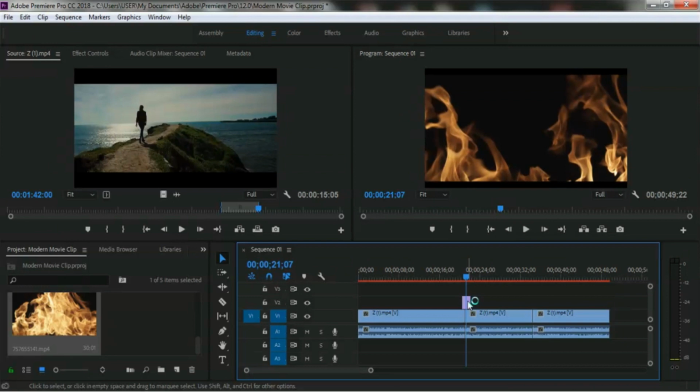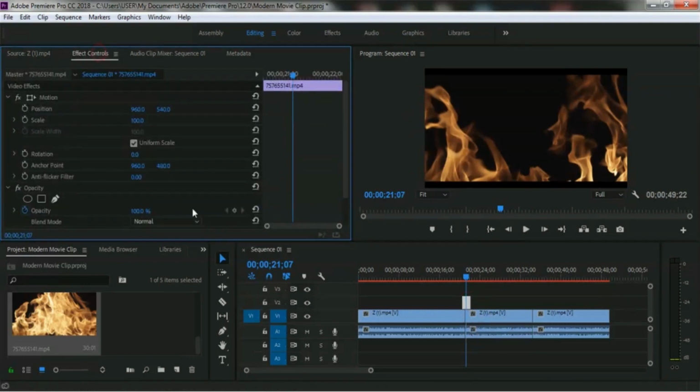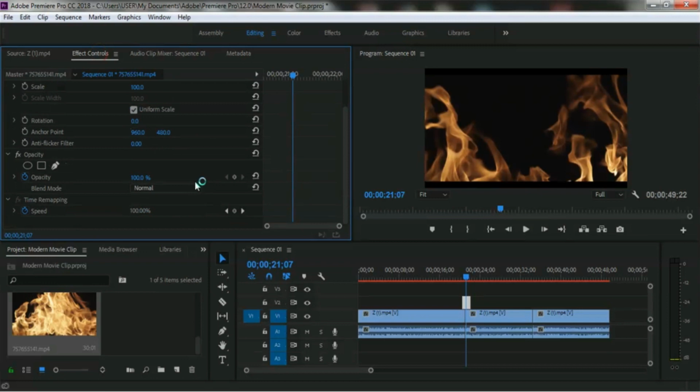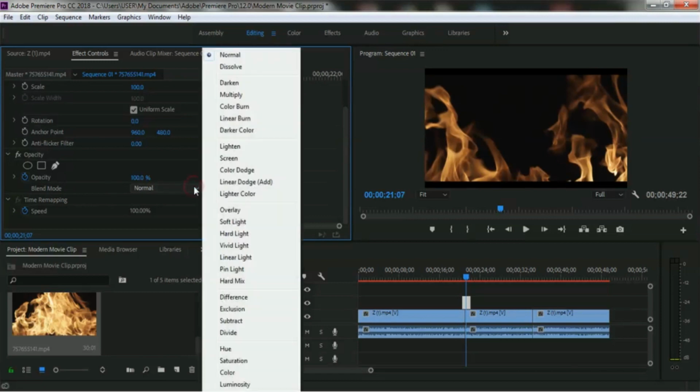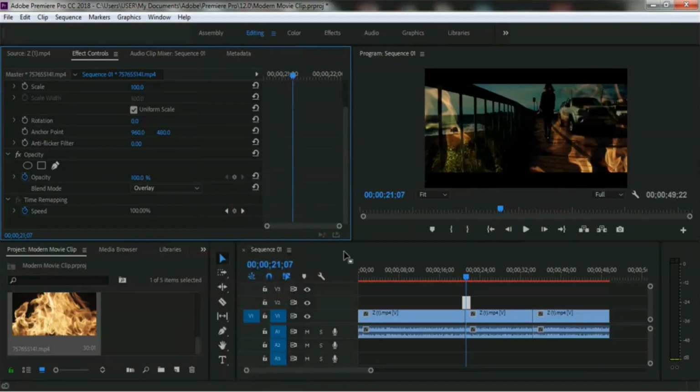We want to make an overlay with this clip. So we have to select this video clip, and then in effect control we will get some options under opacity, and here is the blend mode, and from here I am selecting overlay. So you can take a look,